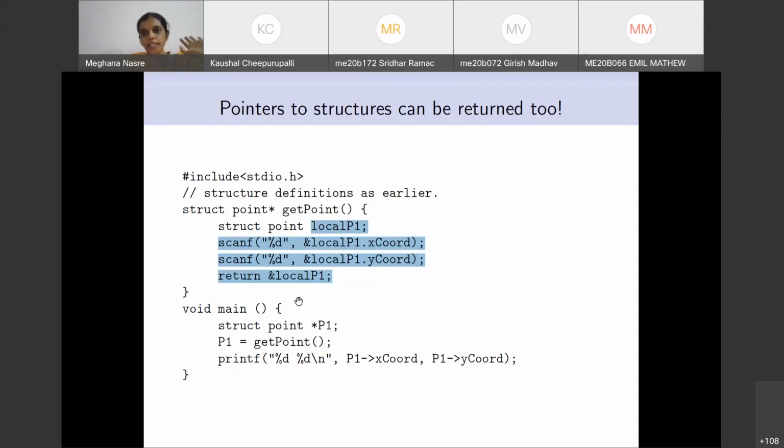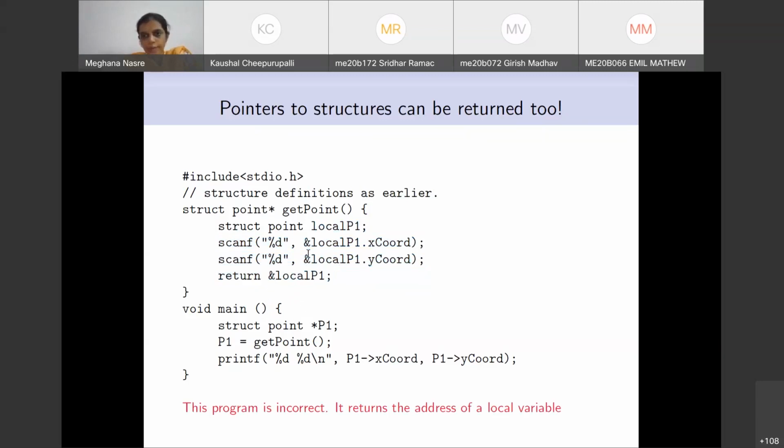The same reasoning that we had done earlier for get sum and mean, the program that we had written last week. The same kind of errors I'm trying to illustrate and re-emphasize using another example, just that it uses structures and pointers to structures. So this program is syntactically correct, but semantically it has issues because it will give a core dump, because we are accessing something which has gone out of scope. I hope everybody sees this point. This is the same kind of example that we had seen last week.